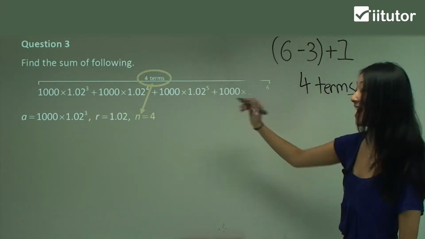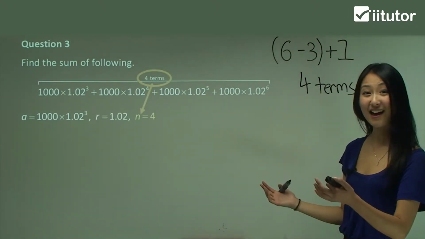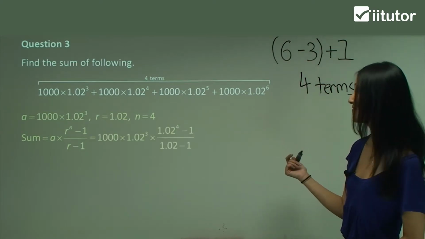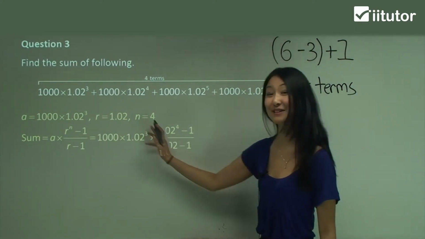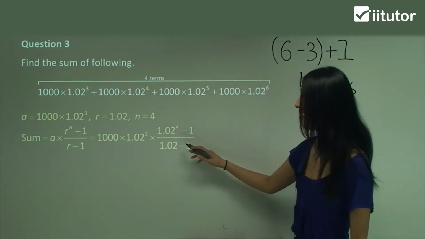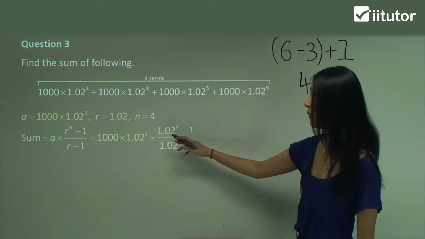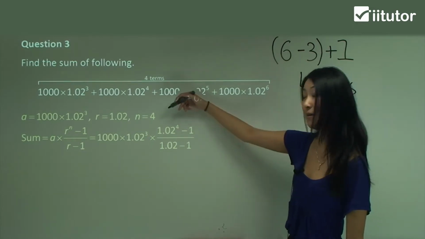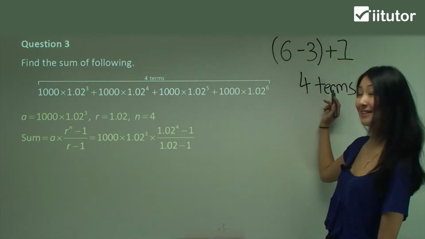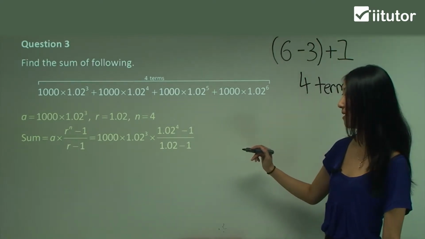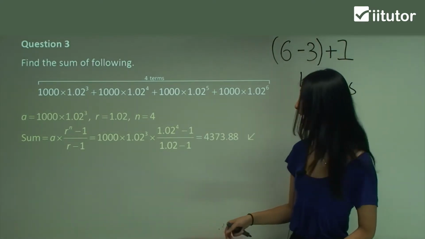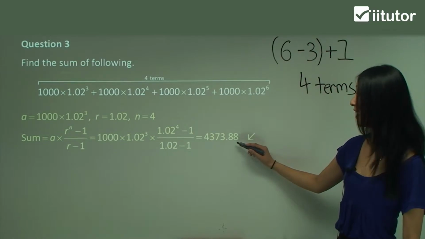Yep, so we have n equals 4, and now we've done the hard part, so we just sub it in. We have 1000 times 1.02 to the power of 3, so remember that was our first term, and then just multiplied by 1.02 to the number of terms, which we worked out to be 4 using this equation here, minus 1 over 1.02 minus 1. Putting that into your calculator, we should get